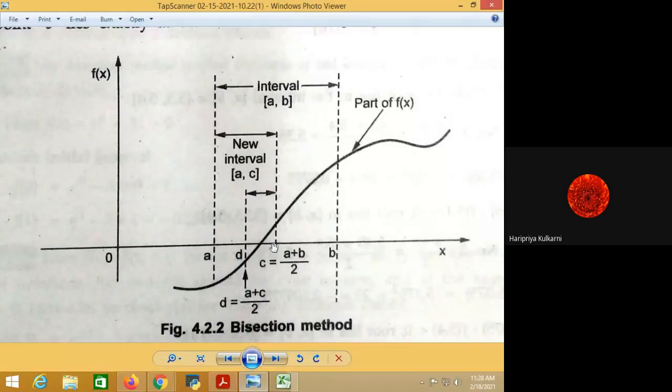So we found the new point d. Now we'll check whether f of a into f of d is less than 0 or f of d into f of c is less than 0. Surely we will get f of d into f of c less than 0, so we will neglect the interval ad and focus only on cd. Again we will find the midpoint, and finally after certain iterations we'll get the exact root somewhere here. If we make more iterations, we are narrowing down the path to the exact root. See, d is a point between a and c, so we have calculated d.